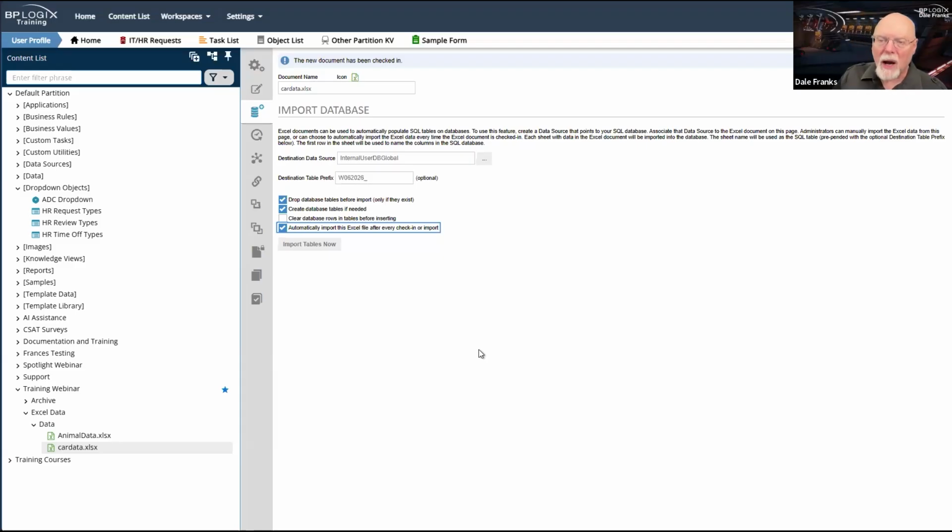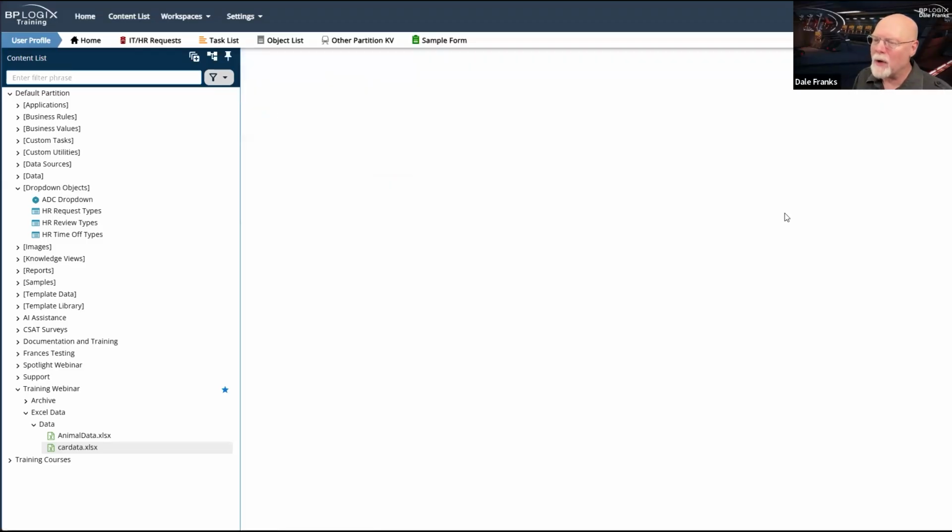Well, then every time I add those new records, I do want to re-import the data. I do want it to exist. So I want to have that checked so that whenever I go back up here and do my checkout and my check-in, everything works the way that I expect it to work, and all of my updated data exists.